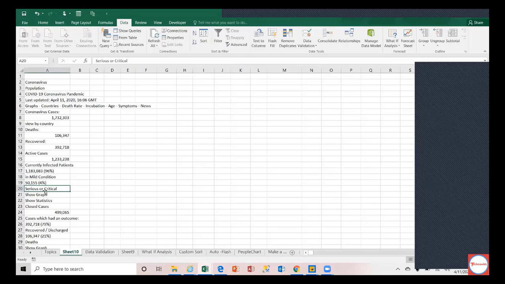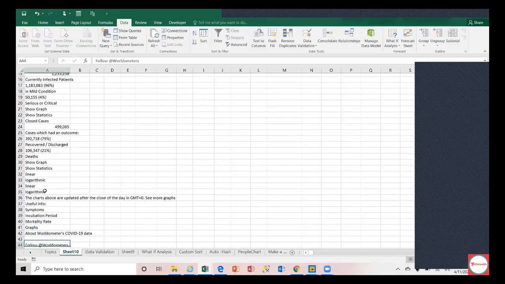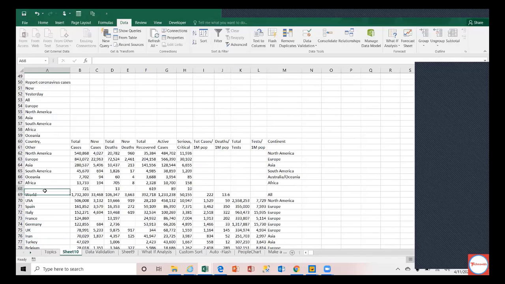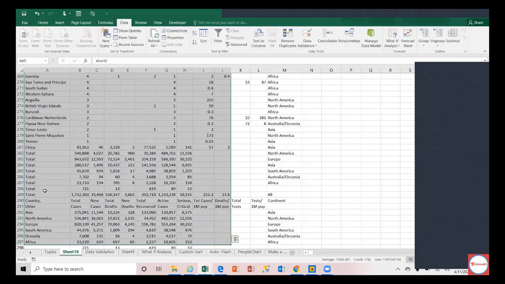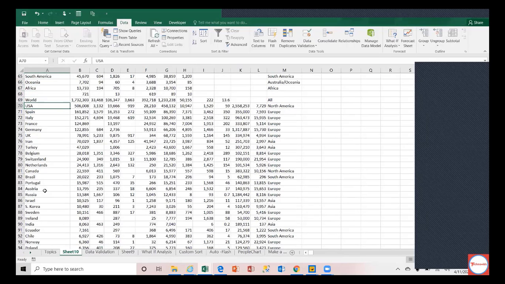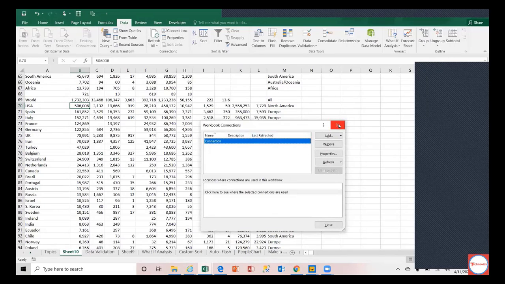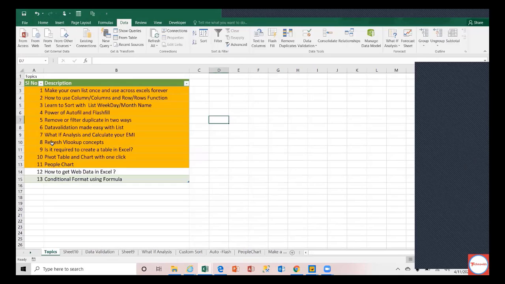Of course, the format will not remain the same. This is Excel. Excel has its own format. So this is how they have represented the cases country-wise, right? Sorry, this is the region-wise or continent-wise, and this is the country-wise data they have represented in that website. And you can see this is as of just now. And if you want to refresh this, you have the connections here. You can set up the frequency. Okay, all right. I don't have time to go further on that.